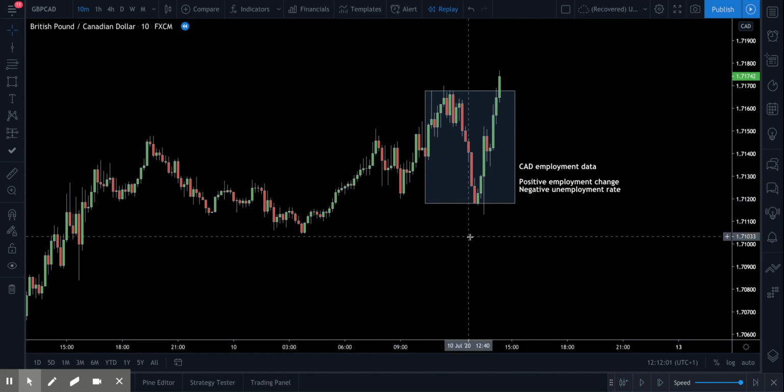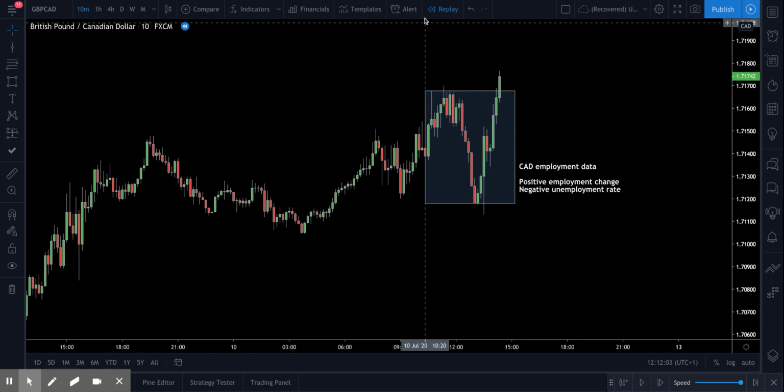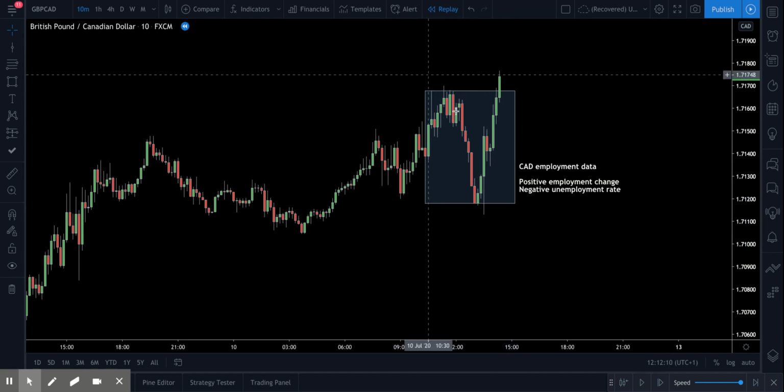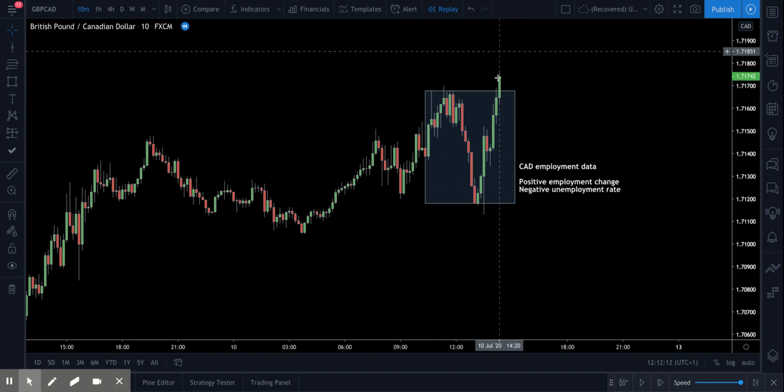So economic data can be dangerous because it abruptly ends trades, or it causes these big spikes which take you out of your positions, take you out of your winning position and put you onto a loss. So that's why we aim to generally avoid trading economic data. We've spoken about how we're going to treat fundamentals earlier in the course.